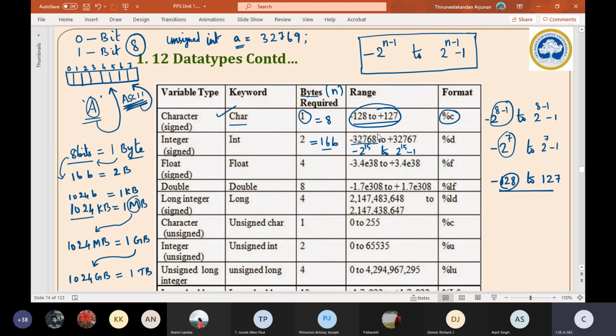Look here, unsigned int. Same integer only, but the negative side will not be there. Whatever the negative side was, that entire thing will get added to the positive side. That range will get increased now, and the corresponding format is %u.